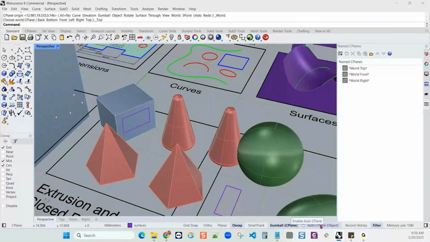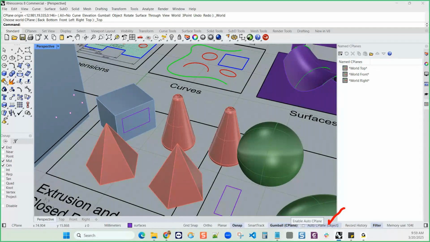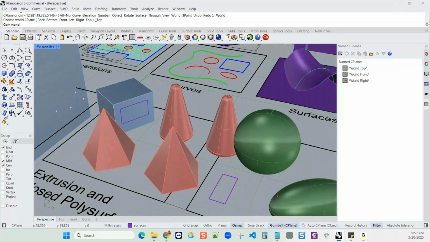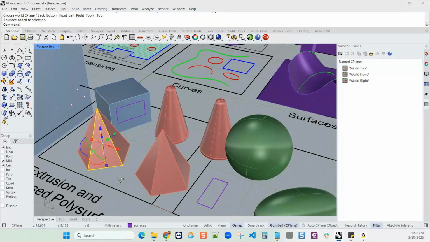Notice down here in the lower left corner, there is an option called Auto C-plane. Okay, so what's that going to do for us? It's going to work in conjunction with the gumball and change the C-plane to a sub-object or an object that I select. Now, before I turn it on, if I hold down Shift and Control, I can pick an object